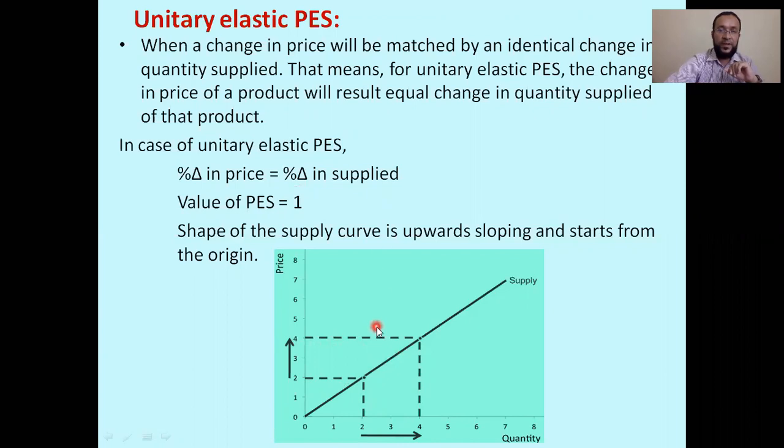In this case, the supply curve will be upward sloping and will start from the origin. Be very, very careful while drawing this supply curve. Don't start it from the vertical axis or horizontal axis. Always it will start from the origin. Students are making mistakes here. They start it from here or here. It will be wrong if you start from the horizontal axis or vertical axis. You have to start it exactly from the origin. All right, now let me move to the next topic.